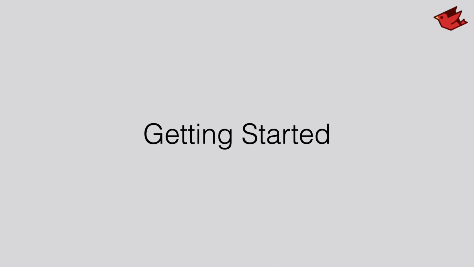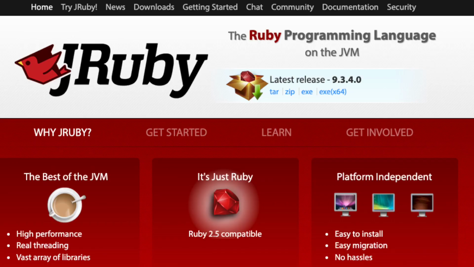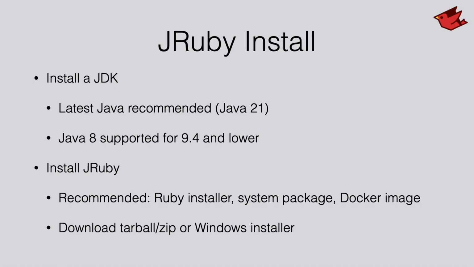So getting started with JRuby. This is a shot of the JRuby homepage. You can, of course, just go download a tarball or a Windows installer. The only real prerequisite for JRuby is that you have Java installed. There are packages for all of the Linux implementations, easily downloadable installers for Windows. We recommend that you use whatever the latest Java is, and we always try to test on that latest version. But currently, Java 8 is the earliest version supported for JRuby